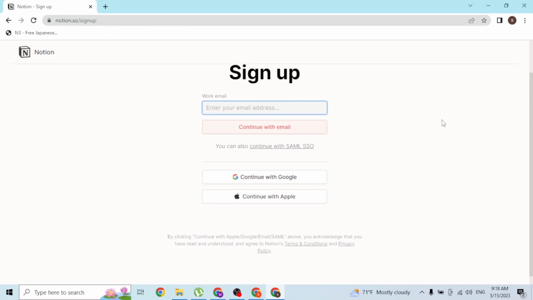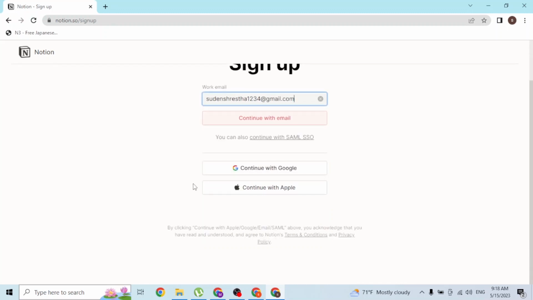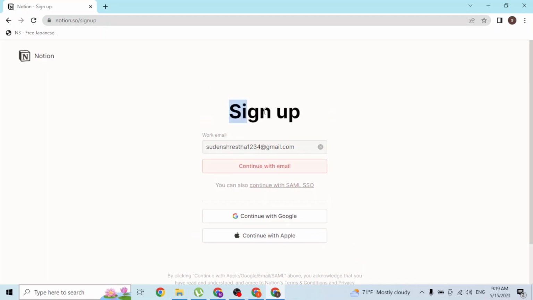And over here, guys, you can see this is the sign up page of Notion, where you'll be required to enter your email address with which you want to log in or use Notion AI in the future. I'm using this email, and you can also directly log in to your Google account or your Apple account from over here. If you click on either of these buttons, guys, a login page to Google or Apple will open, and if you log into your respective accounts, you will have signed up for your Notion AI account with your Gmail or your Apple account. With that being said, guys, after entering your work email, simply click on continue with email,